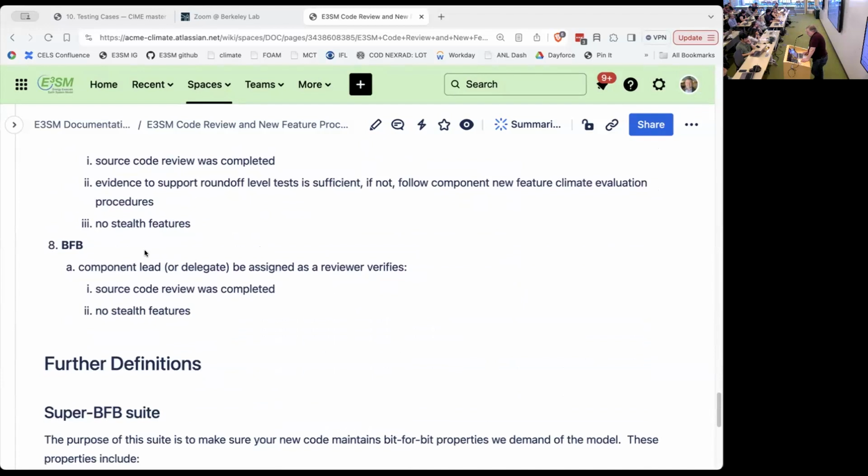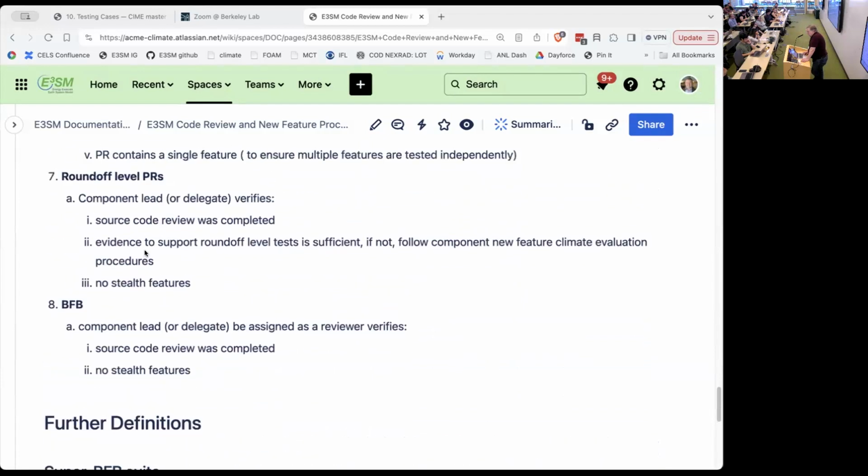And finally, when all that's done, hopefully the feature is accepted into the model. It'll be part of our regular test suite, so it won't go stale or break. And other people can start developing off of it. You can do more developments off of it, and the model can continue to progress.